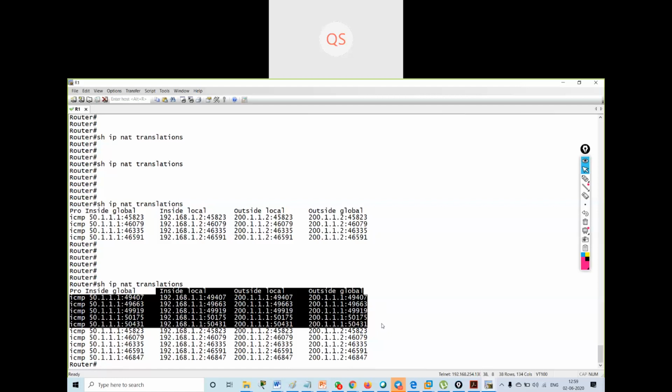Got it? So I guess the question you were asking was whether it's getting one public IP address with the services that it's using.